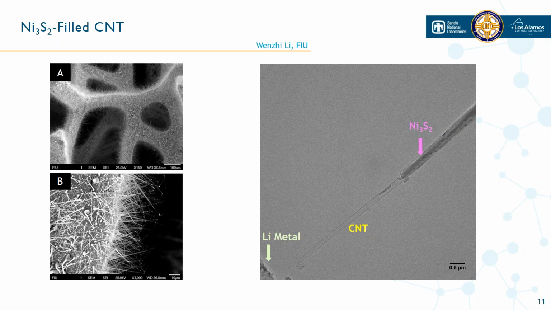Previously, you've observed that as those structures lithiate, the filling moves through the carbon nanotube as there's volume expansion, because moving lithium into a lattice causes volume expansion, which is very well known to cause degradation mechanisms, to fracture or damage the material, so you're not able to keep recycling that structure. Watching this in the TEM, here on the bottom left, we have the lithium metal. Then there's an open area of unfilled carbon nanotube, followed by the nickel sulfide filling. So if we go to the next slide,